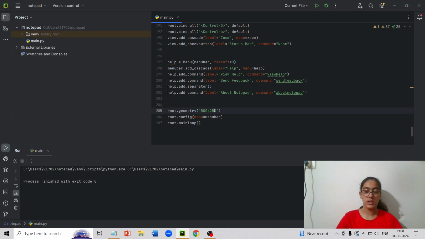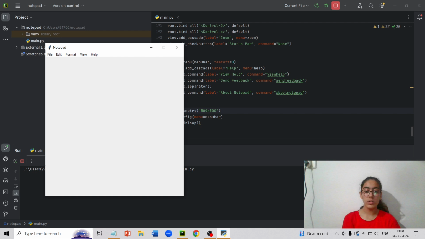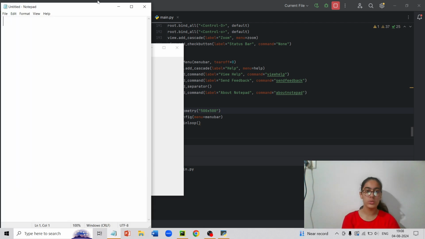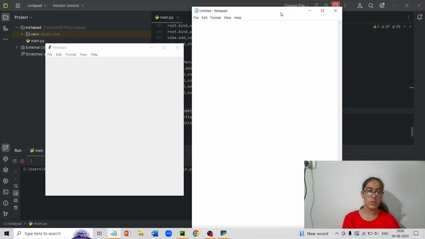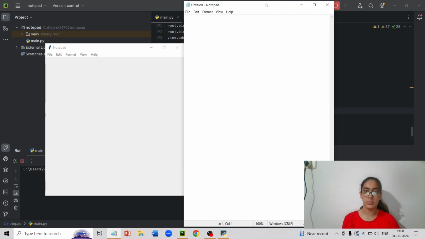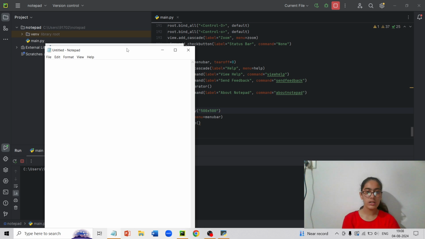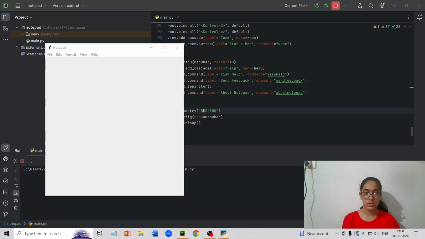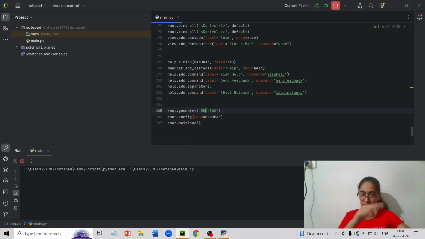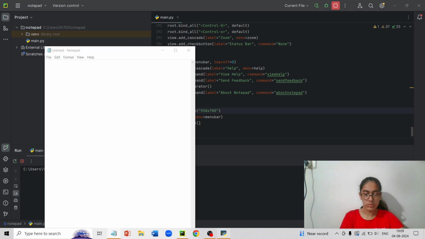Let us see what happens when 500 is the width as well. One extra zero. Here we go, it almost resembles the regular notepad. So we just need to increase the height a little bit more. The width is okay, I think, it should be 550, I suppose. The width should be 550 and the length, let us put it on to 700. Open the notepad, open this, close, and run.